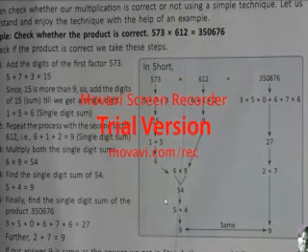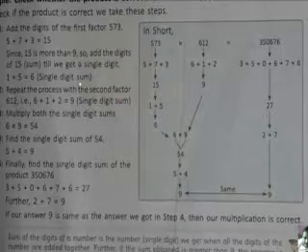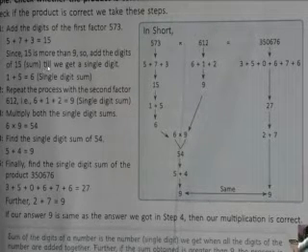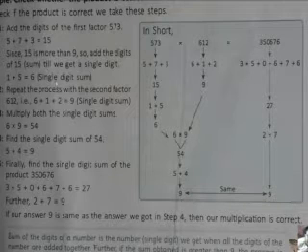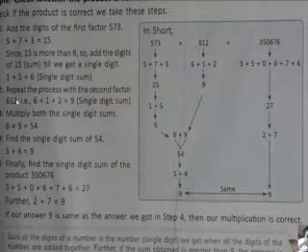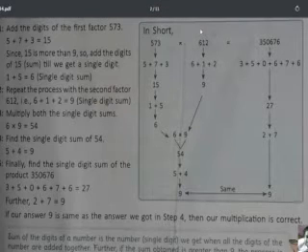Now you all can see, at first it has been said add the digits of the first factor 573. Then it becomes 15, which is more than 9, so add the digits of 15 till we get a single digit. Like you can see over here, 1 and 5 have been added, 6 becomes a single digit. In the same way, step 2, repeat the process with the second factor. The second factor over here is 612. So with 612 we have to repeat it.